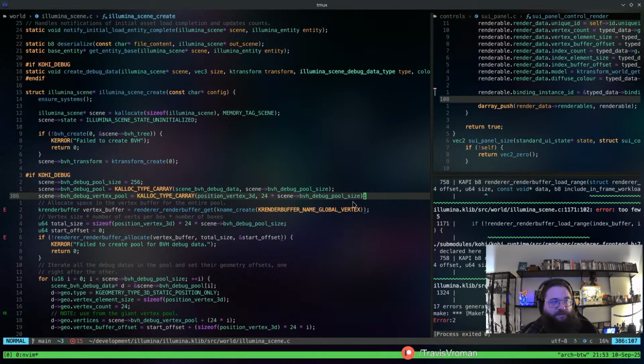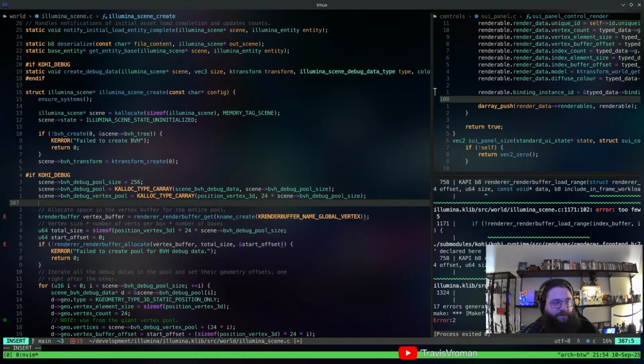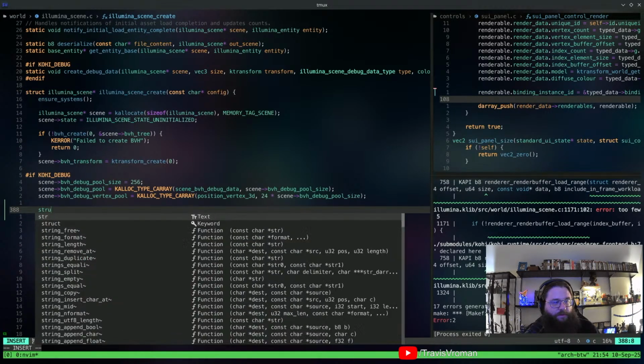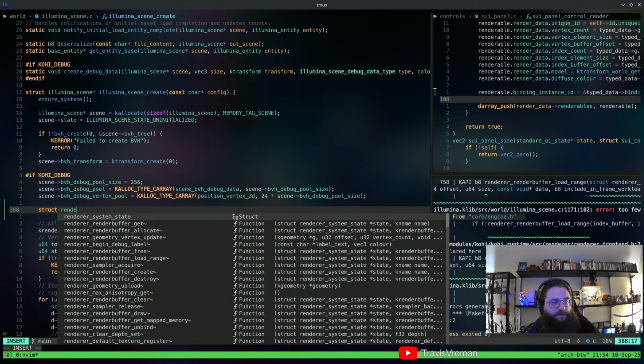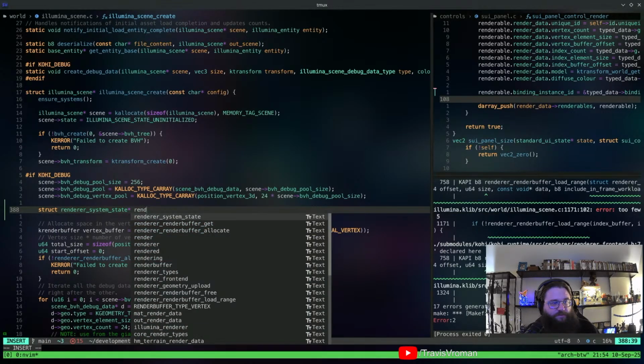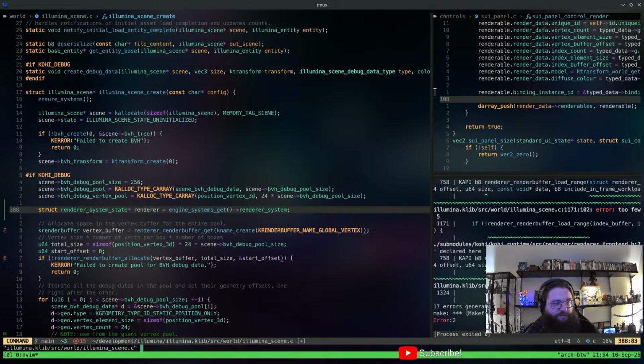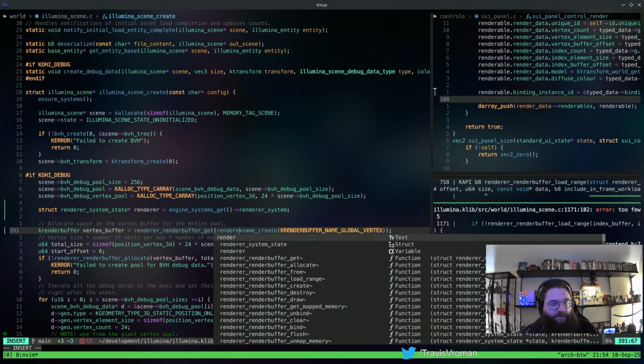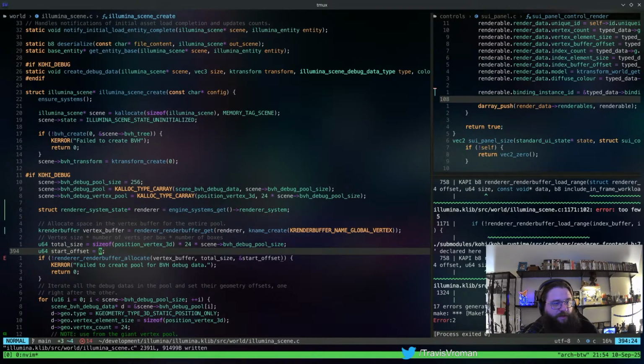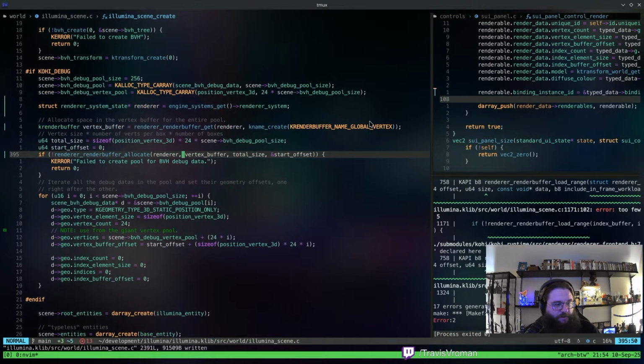So for something like this, we're going to have to do struct renderer system state renderer equals engine systems get renderer system, right? That's been something I've been thinking about too, is kind of avoiding having to do this all over the place. But that's going to be for a future thing.